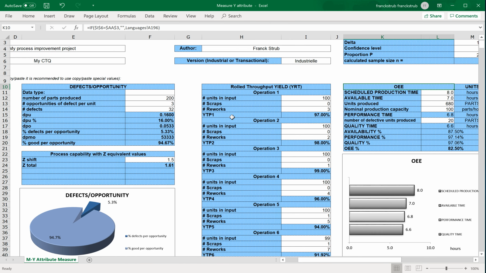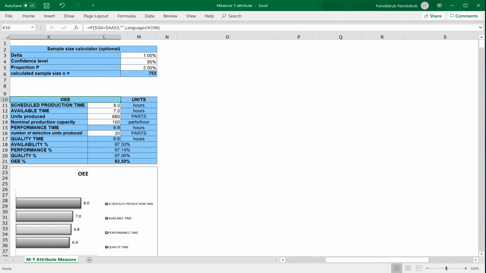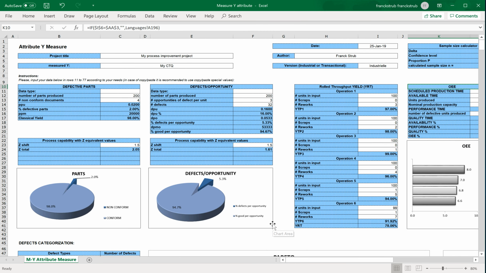And this table also comes with a sample size calculator. I will unzoom just to show you everything.